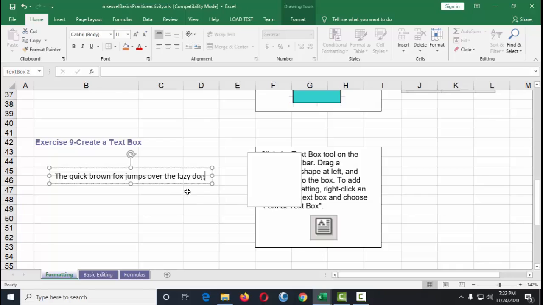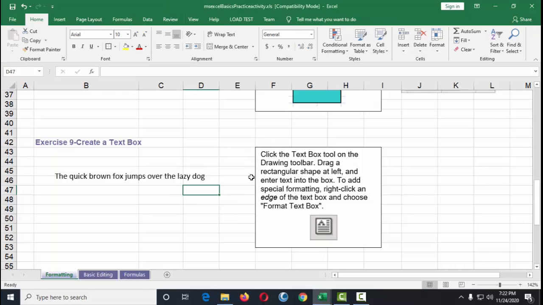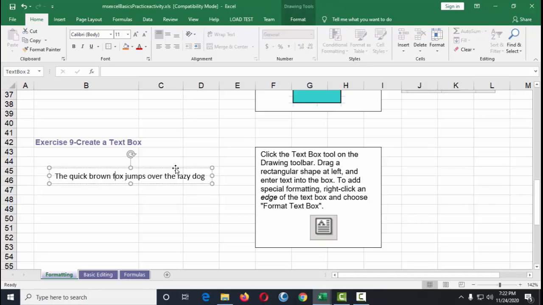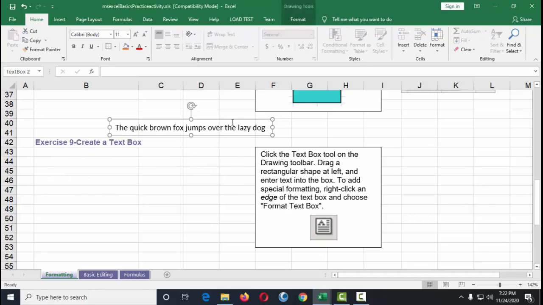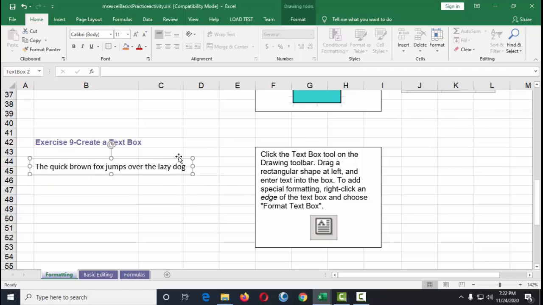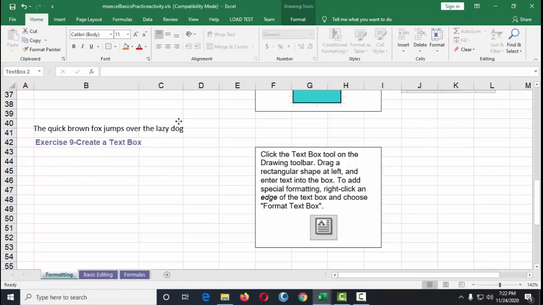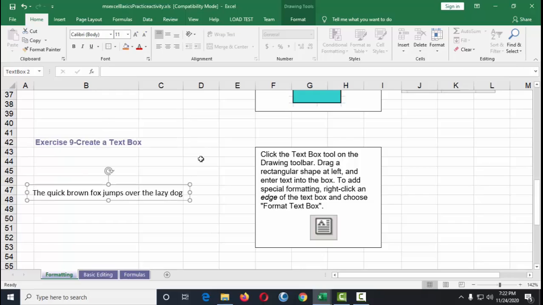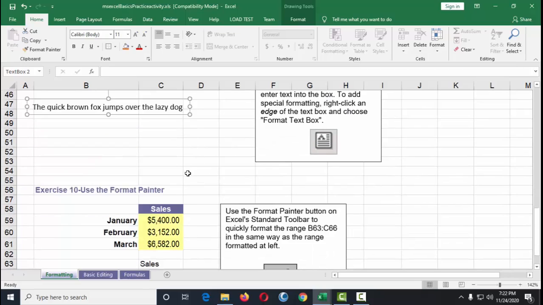So a text box is a box where you can type text, and you can move it wherever you'd like. By default it stays on top of your spreadsheet, and anything it hovers over will be covered. So that's a text box.